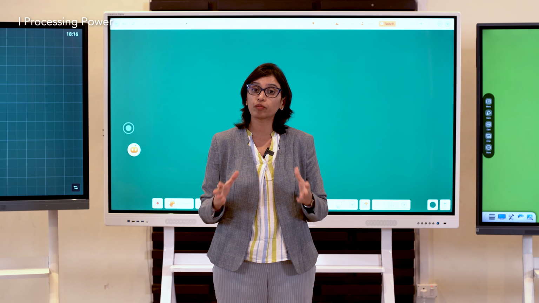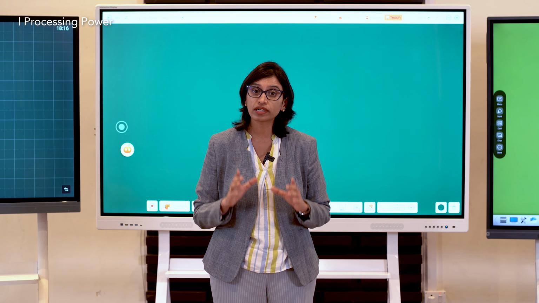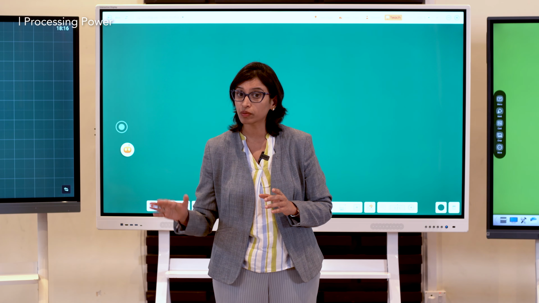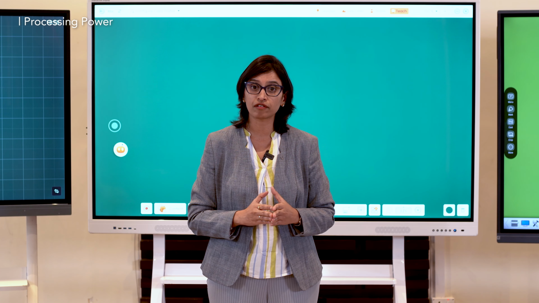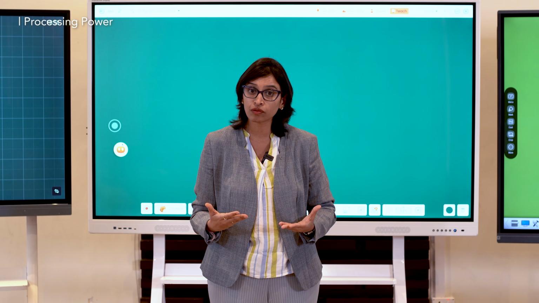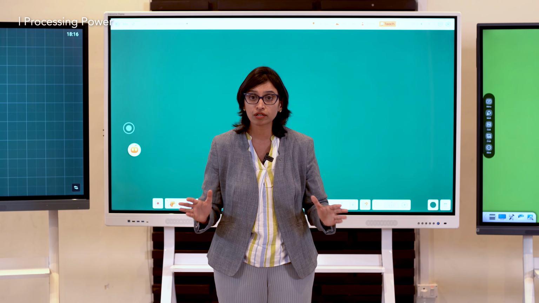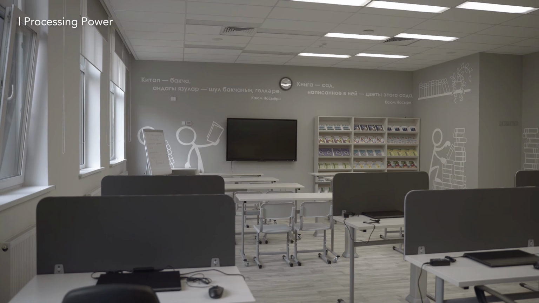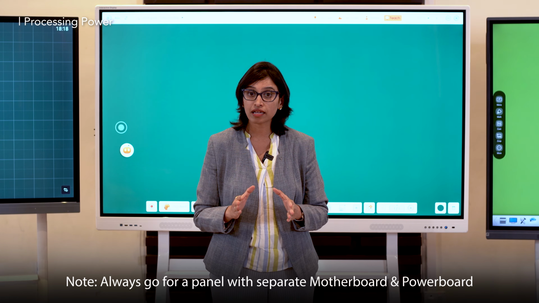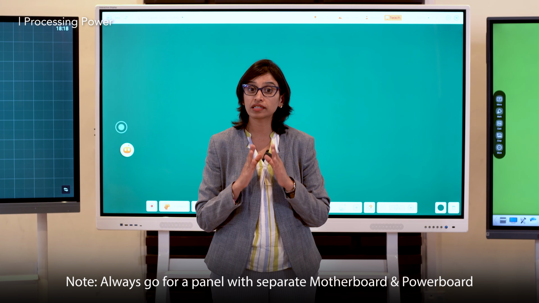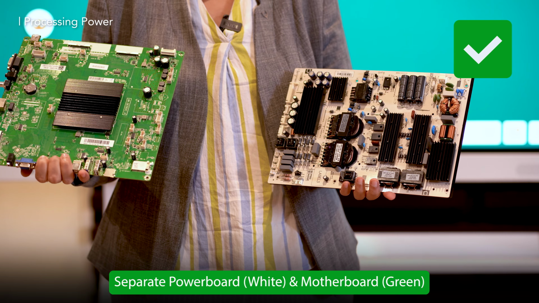In a classroom where the boards run 7 to 8 hours daily, overheating is inevitable. Any voltage fluctuation can actually damage both the power supply and the motherboard. Repairing a motherboard can be as costly as the panel itself, and sourcing the replacement also involves a lot of delays and disruption in the classes. Trust me, I have spoken to hundreds of teachers who have faced this issue and their classes have been paused for at least a month. Hence, always ask the partner or the brand whether their display uses separate boards, as this design helps you save your money in the long run.